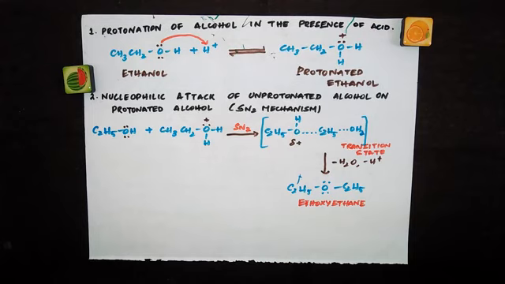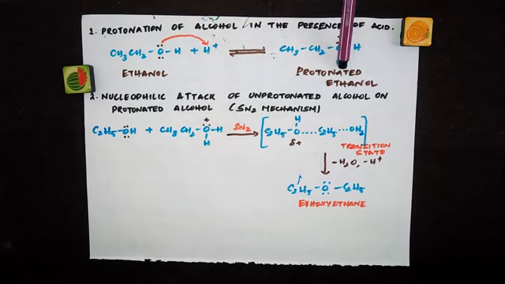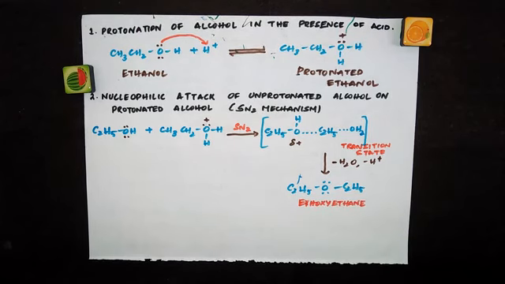So this is the first step. Actually, we don't call this step 1 and step 2 because this happens in a single step. Just to make you understand what's going on here, I'm showing you this in two different steps. But this is SN2 mechanism, so this actually happens in a single step. So what happens next is, one of the alcohols is getting protonated. I told you in the beginning of the reaction, we are going to take two molecules of alcohols. So one alcohol is getting protonated. So now what is happening to the other alcohol?